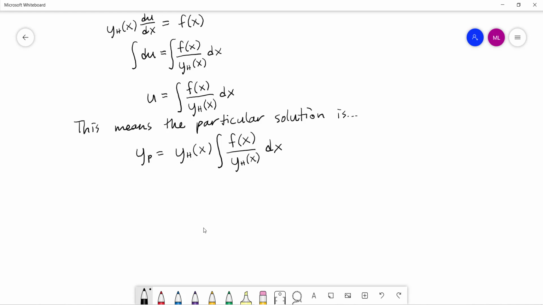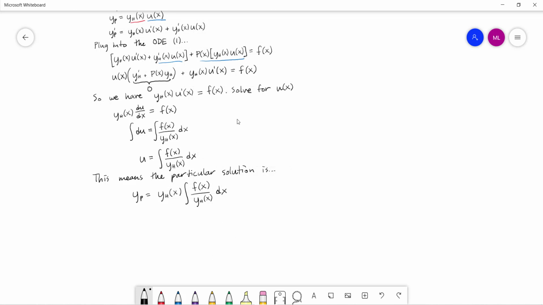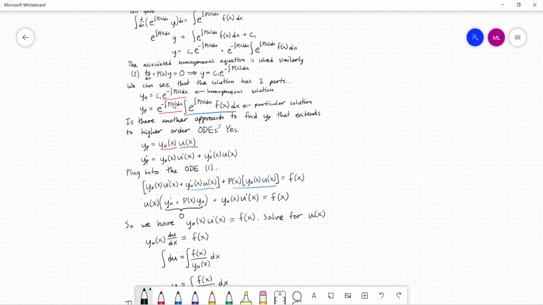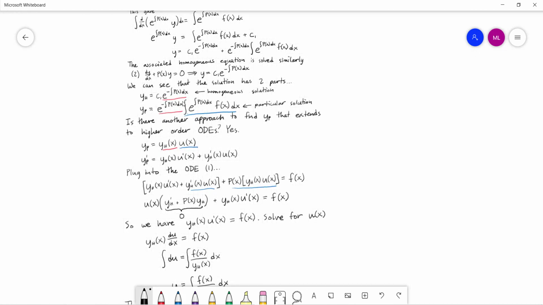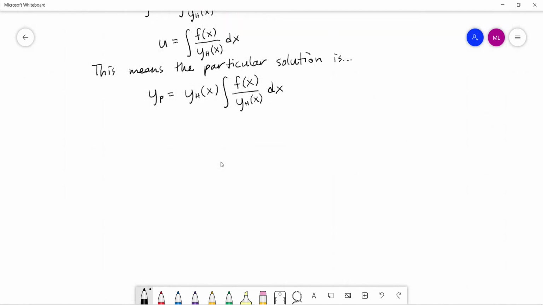But right now, this particular solution that we just found looks a little bit different than the particular solution that we were trying to get it to be equal to. But let's keep in mind what the y homogeneous looks like. So essentially we were trying to find another way to get to that same solution. It doesn't look like it yet, but keep in mind